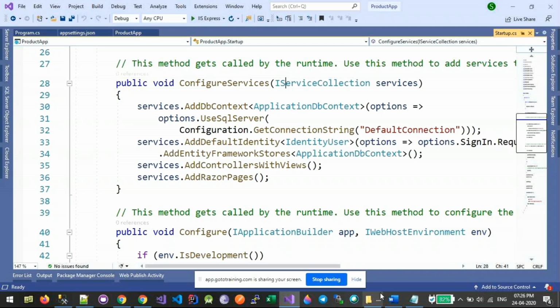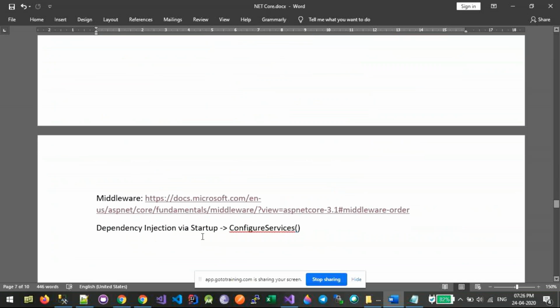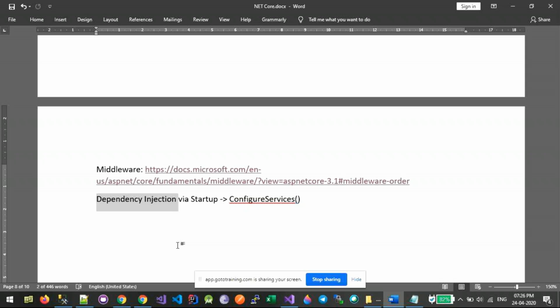Now there will be two more terms that you will hear here: one is middleware and another is dependency injection. Again, dependency injection is a pattern, and we can inject the dependent objects via constructor or some other mechanism.